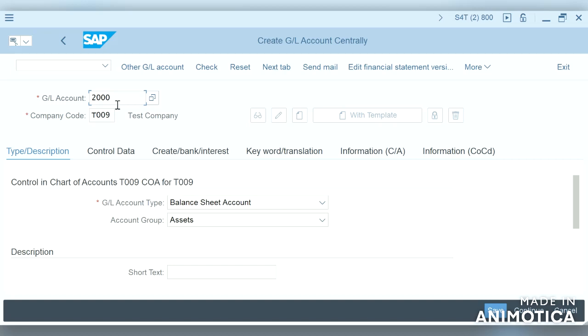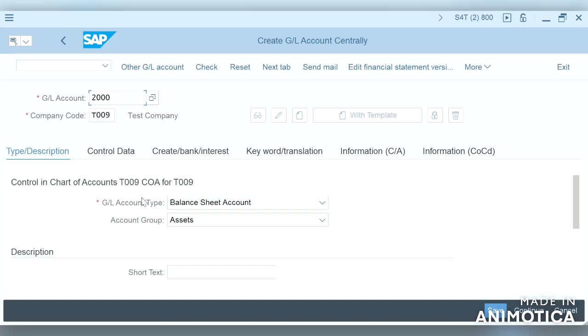Any GL which shall be 0 at any point of time, which is generally not analyzed by the business, such as cutover upload GLs or any zero balance clearing account, those kinds of zero balance accounts we will maintain as 5. And secondary cost elements, normally they maintain with the 9 series. This is related to the GL account number.